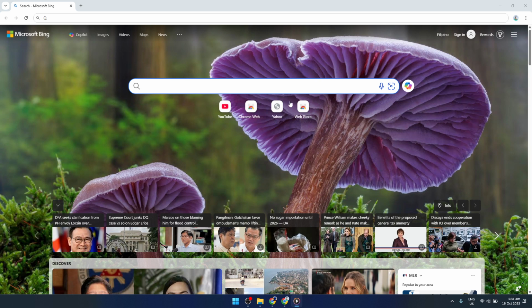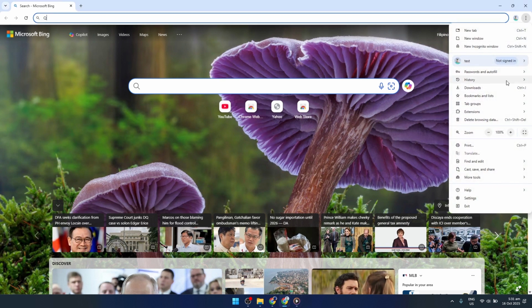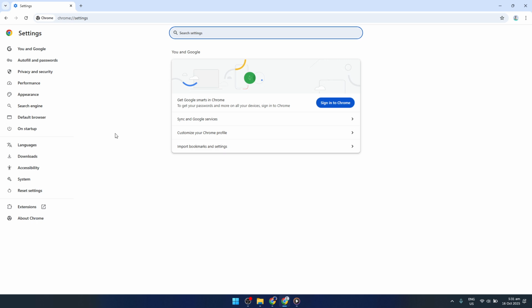First, you'll need to open your Google Chrome browser. Once open, navigate to the top right corner of your window. You'll see a vertical three-dot menu. That's what you'll need to click to access the settings. Once the menu appears, select Settings. This action will open a new tab specifically for Chrome's settings interface, where all sorts of customization options and configurations